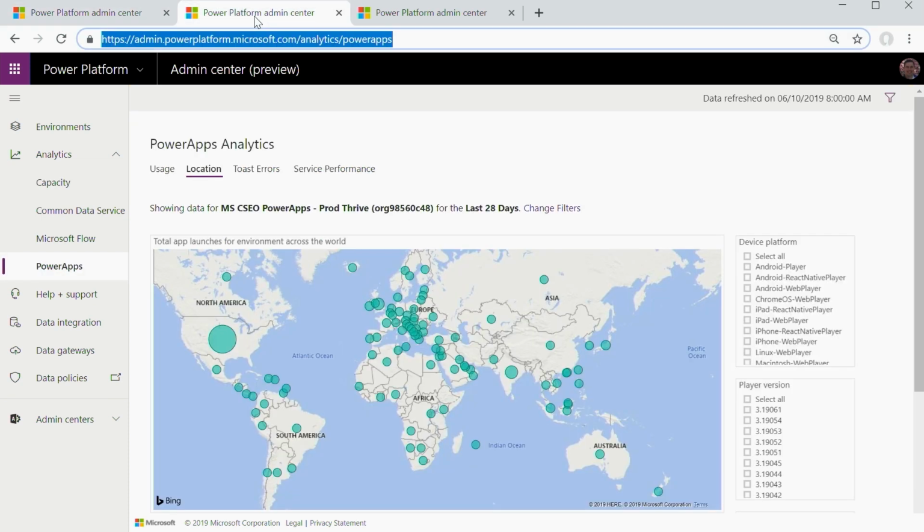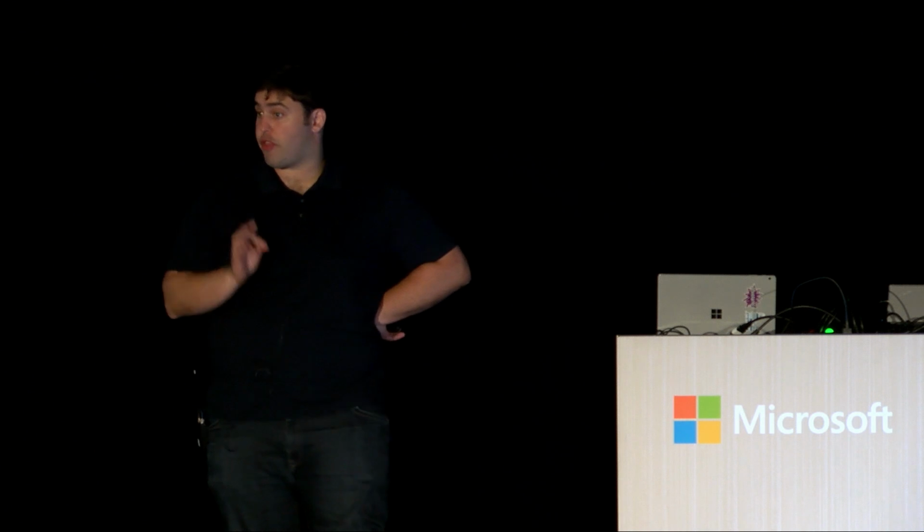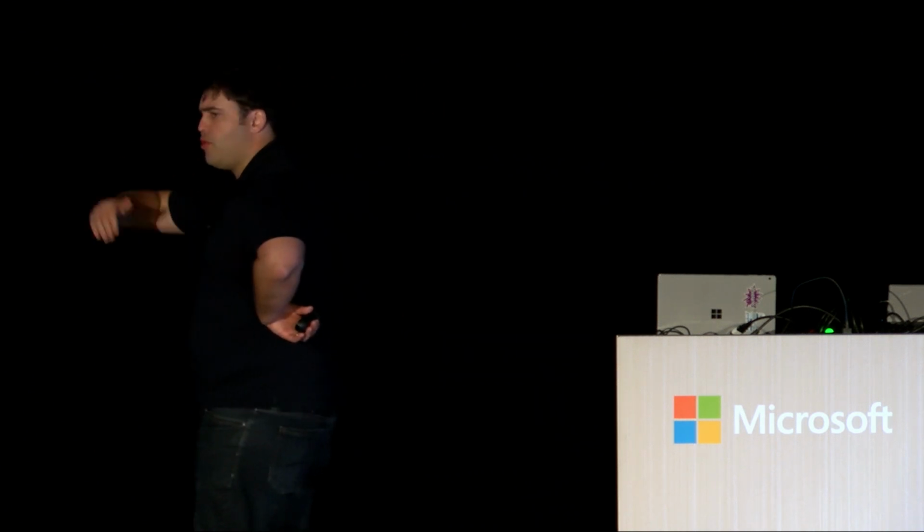Another thing I wanted to highlight is our analytics reports for PowerApps and Flow. I'm just going to show this one really quick. This is the PowerApps location report, and as you can see here, you can filter this per environment. This is the environment where we've deployed a suite of applications used centrally at Microsoft called the Thrive apps. We have a home app, we have Time and Away, we have Kudos, and a way of providing feedback for our review process. And it's all deployed within a single environment.